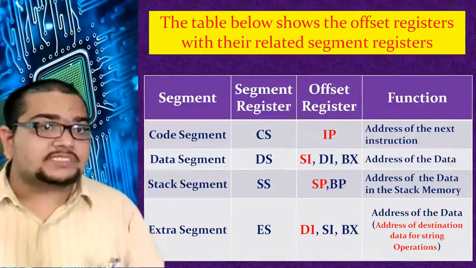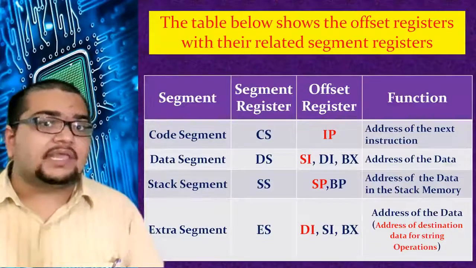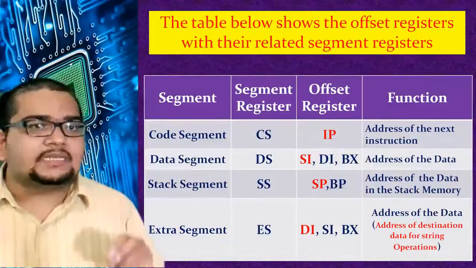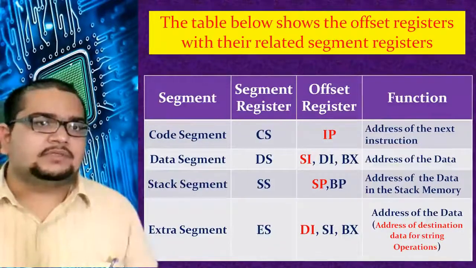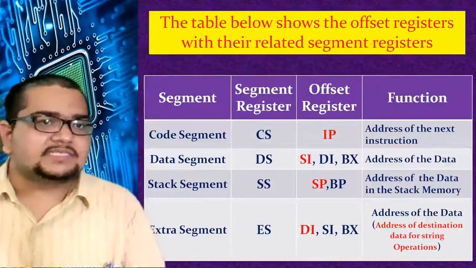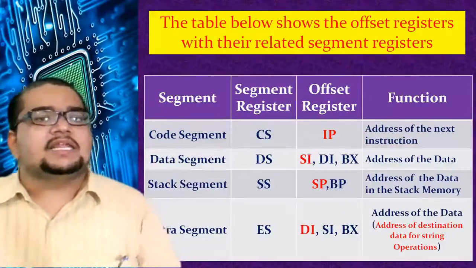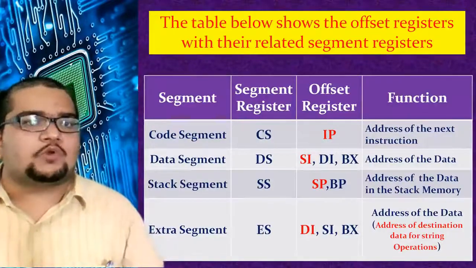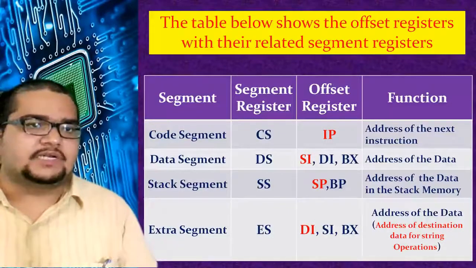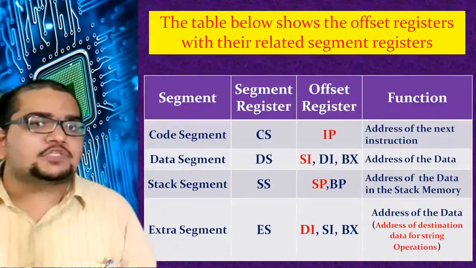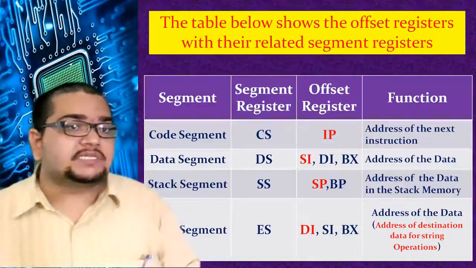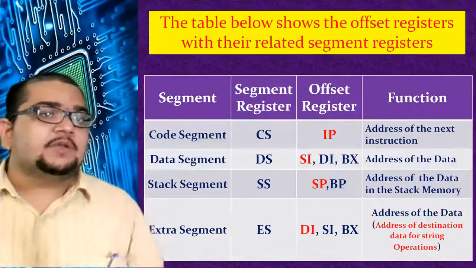When using the data segment of memory, where the data is placed, to access data we use the DS register, which holds the segment address, and generally SI will be used for holding the offset address of the data. But it doesn't mean that it will only be SI here. In some exceptional cases, the DI register can also be used for holding the offset address. The BX register can also be used for holding the offset address. More specifically about these options, we shall see in the addressing modes discussion of our 8086 program.